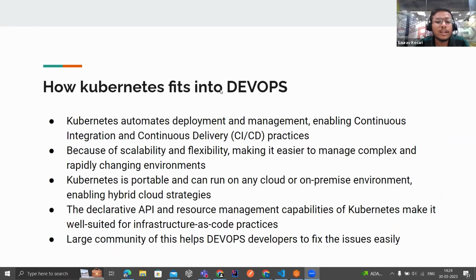And how Kubernetes fits into DevOps. As we know that Kubernetes automates the deployment and management, so enabling continuous integration and CI/CD pipelines, we can enable the automatic process of deployment, and we don't have to worry about the deployment process, and we can focus on our functionalities. Because of its scalability and functionality, it makes it easier to manage